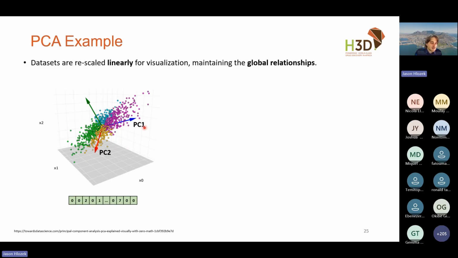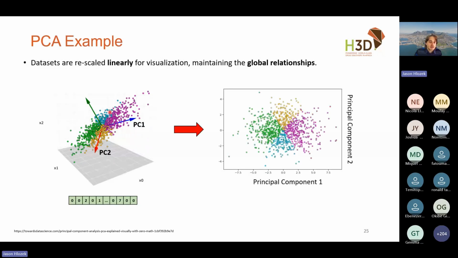And what I can do is project my raw data in 3 dimensions down into the new axis set, the new principal components axes. And this allows us to very easily understand or look and interpret our data, see if it makes sense. And so just to re-emphasize, what we've done is we've gone from our featurized description of our molecule, which consists of many numbers, and we've gone down to just a few numbers, which still describe this molecule on these new axes and help us to understand how it relates to other compounds.